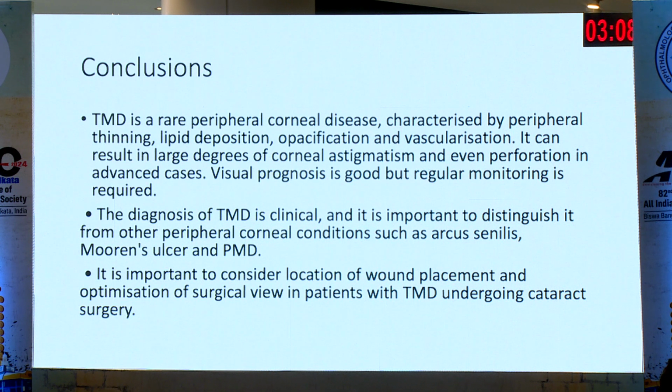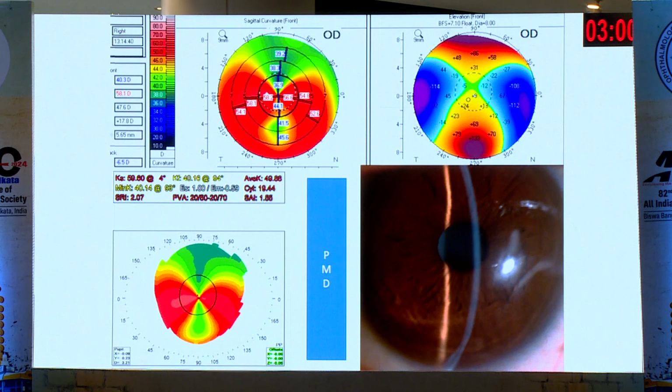So it is important to consider the location of the wound placement and the optimization of the surgical view, the two challenges when you're doing cataract surgery in a patient with any kind of marginal degeneration, whether it is Terrien's, whether it is pellucid, whether it is spheroidal. Spheroidal will also follow the same kind of rules that we followed when we were operating on the Salzmann nodular